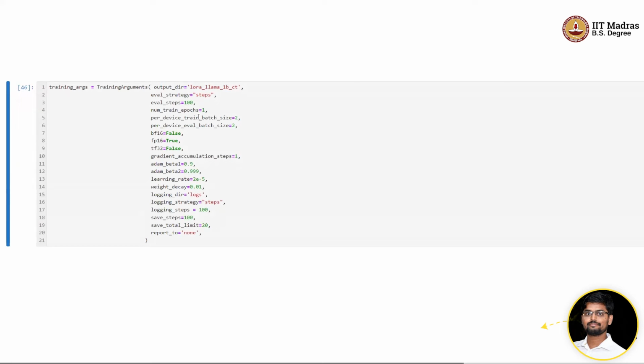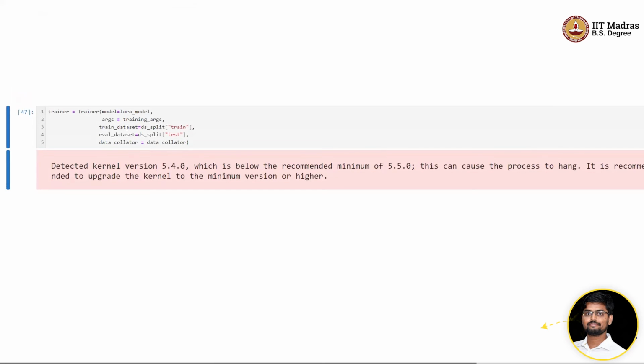For now, we are setting the batch size equal to 2 and FP16 equal to true. If your GPU supports BF16, which is most commonly used today, then you can go with BF16 as well. There is nothing wrong with that. The rest of the steps we already discussed, and they remain the same. Nothing new. And we just pass this to the trainer class, and you can see that instead of passing the model, now we are passing the LoRa model. Which means that now the trainer only trains the adapter layers, not all the parameters.